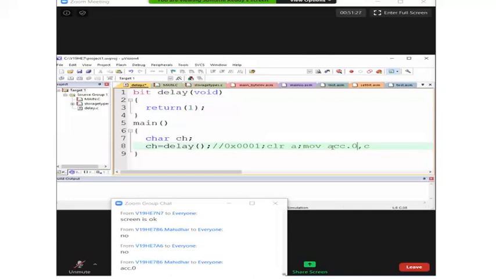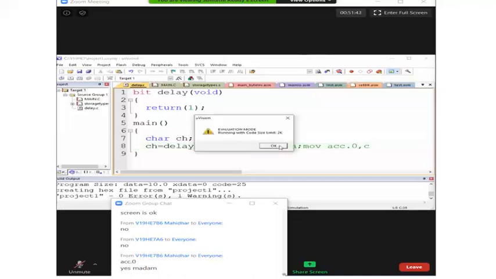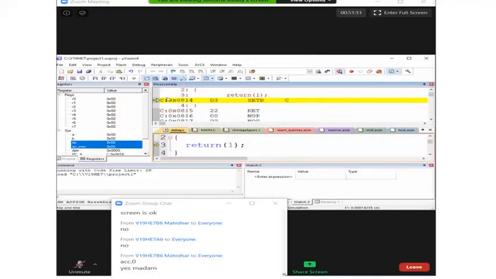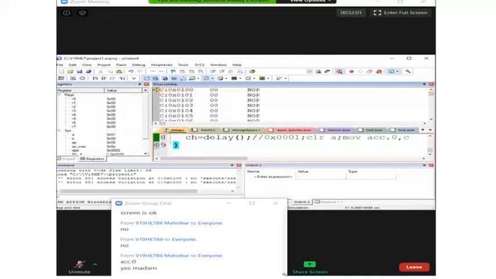The programmer has done it. But see here, when you go with C programming, that is embedded C programming, your bit will be automatically typecasted to byte. See the code generated here. The function is called, it is returning a bit, and after it returns, your value is copied into the accumulator.